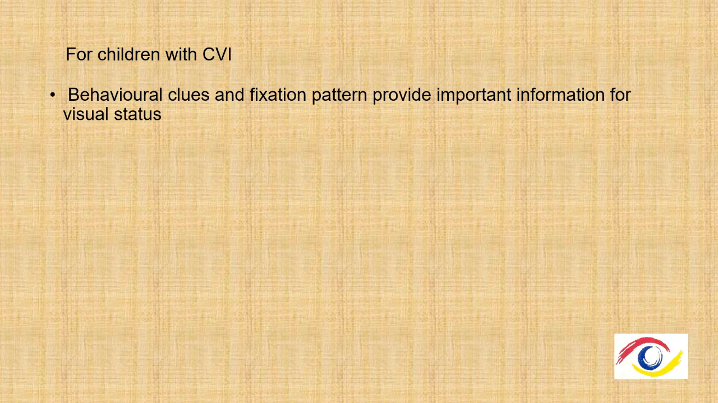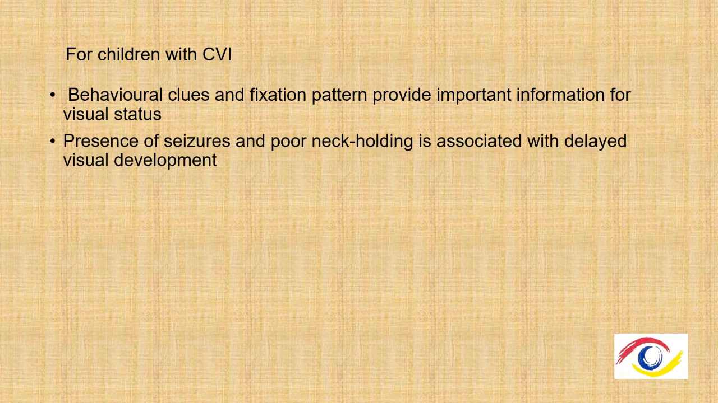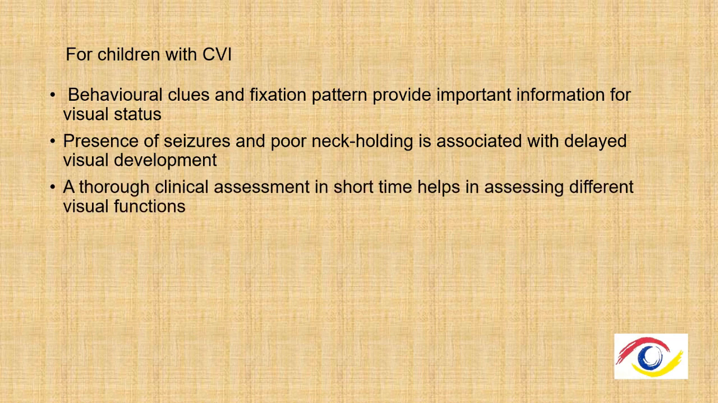So for children with cerebral visual impairment, behavioral clues and fixation pattern provide important information for the visual status. Presence of seizures or poor neck holding are usually associated with delayed visual development and poor visual outcome. A thorough clinical assessment which is done in a short time can provide a lot of information in assessing the visual functions,